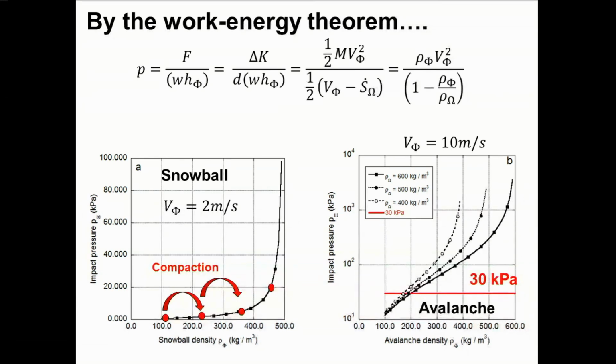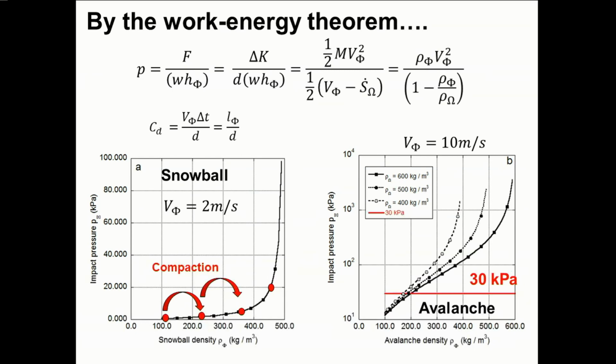But this is just to explain that you can have very high forces. It's not the problem that you have very low force. It's the problem of why don't you have high forces on these objects that are hit by avalanches. Okay? Another thing is that if you wanted to calculate this pressure coefficient,